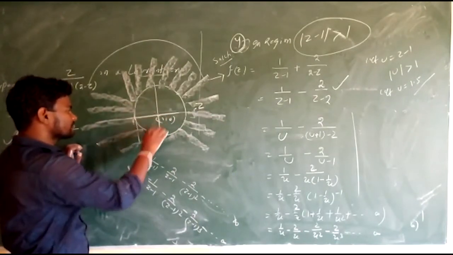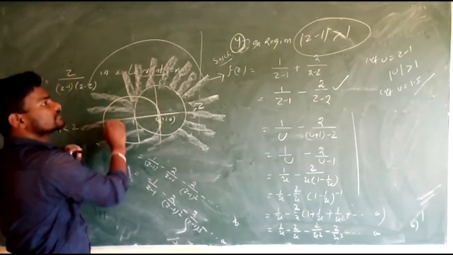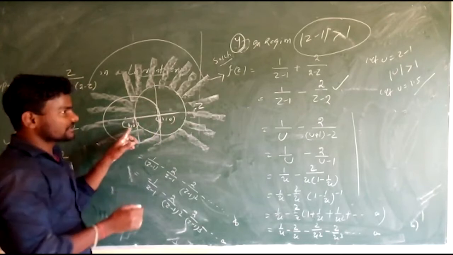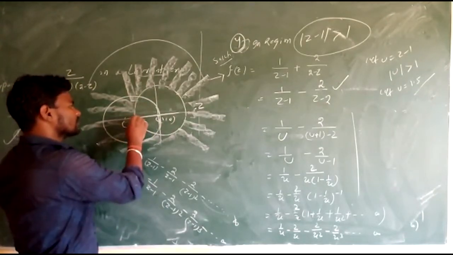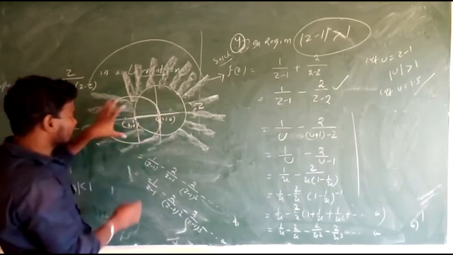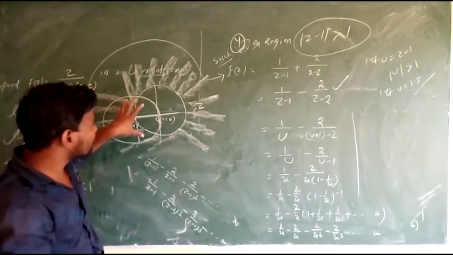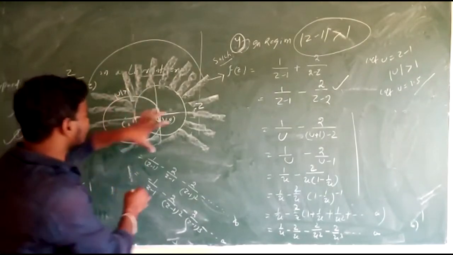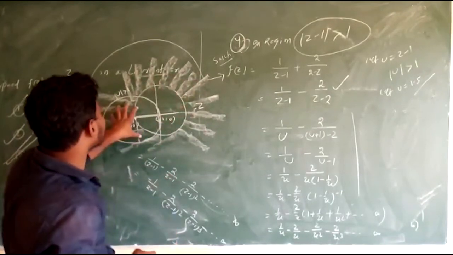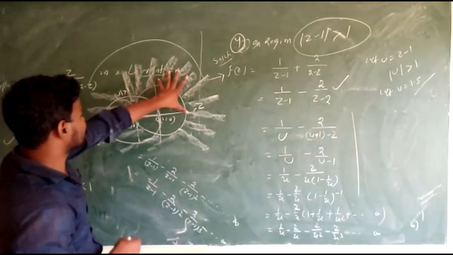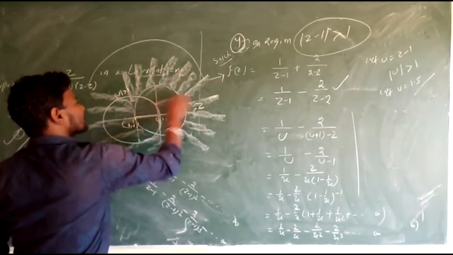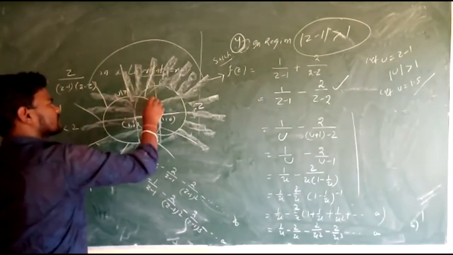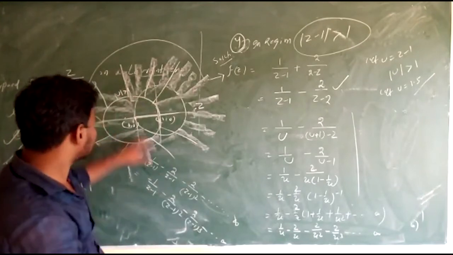We find u, because this is the 0, 0, center is 0, 0, radius is 1. That means all over mod u greater than 1. Here mod u greater than 1. Then we converted this region to standard form. Then this is also obviously inside this region. Inside, this is the subset. This is the subset part.